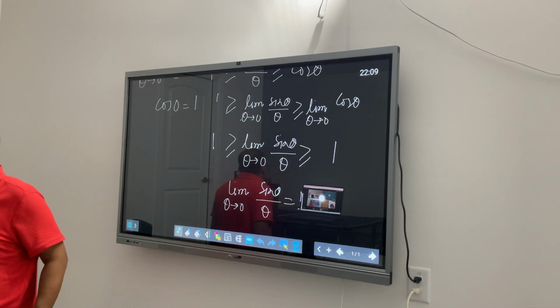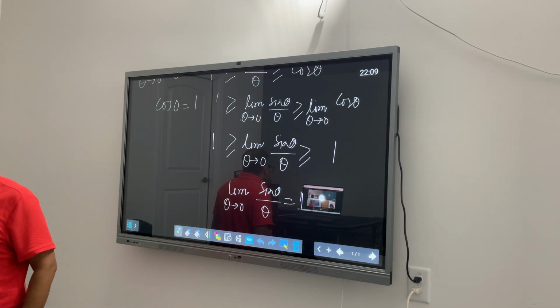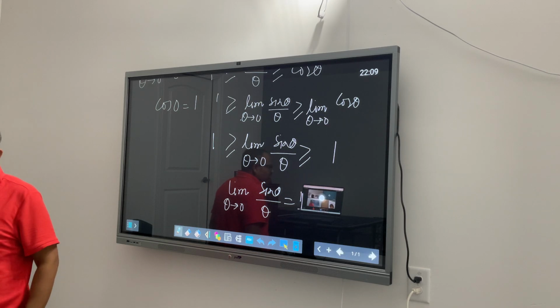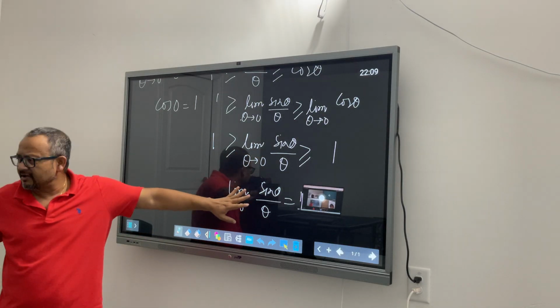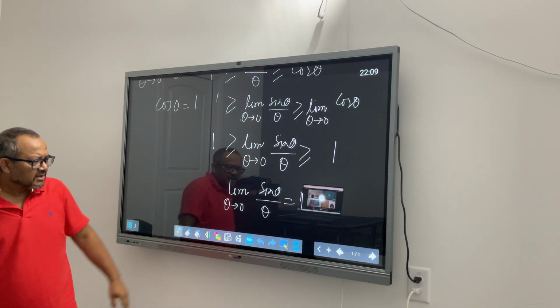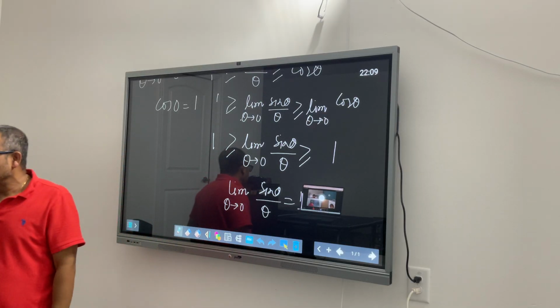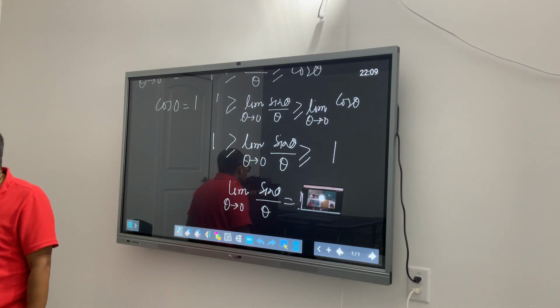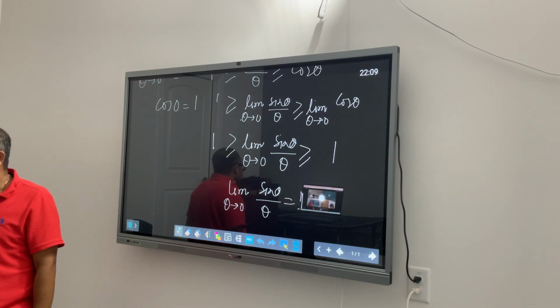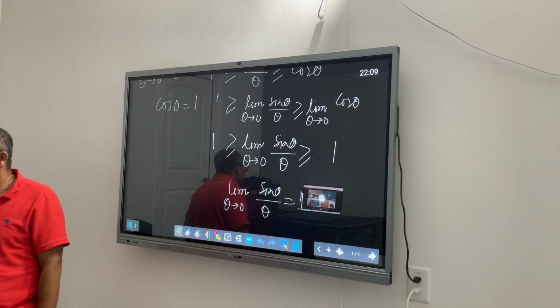which would have been a scenario of perfect give up for us, because to normal eyes, with a basic understanding of things, I would say that when theta is approaching 0, my denominator is becoming 0. It's a perfect undefined state. Yeah? But we could prove something against all odds. Did that make sense?